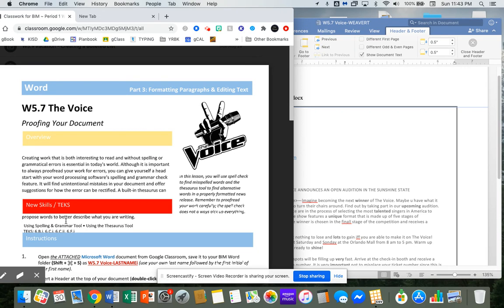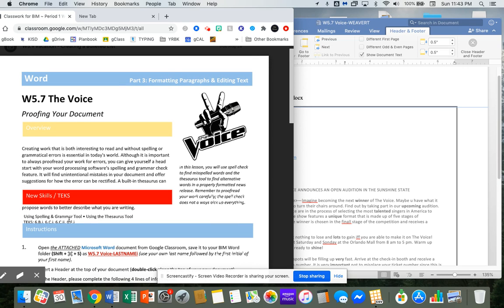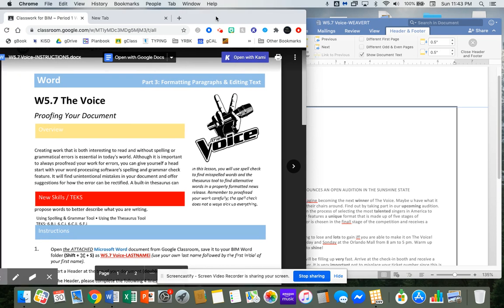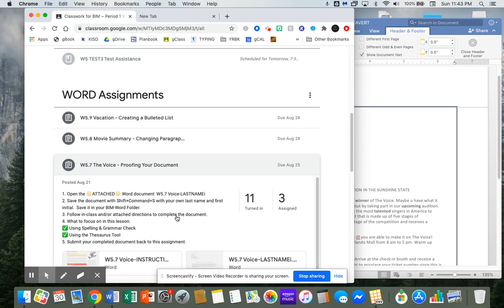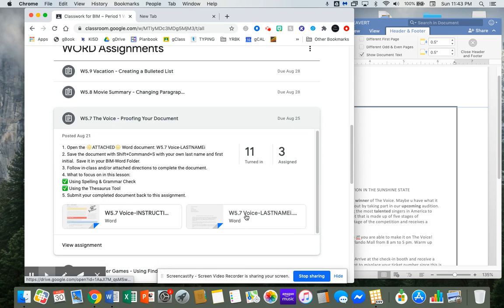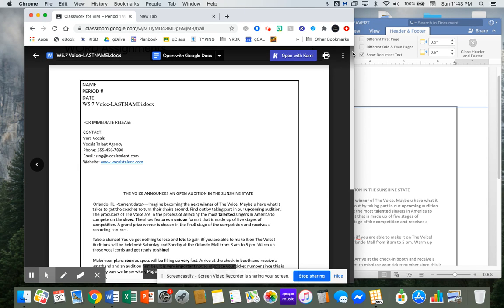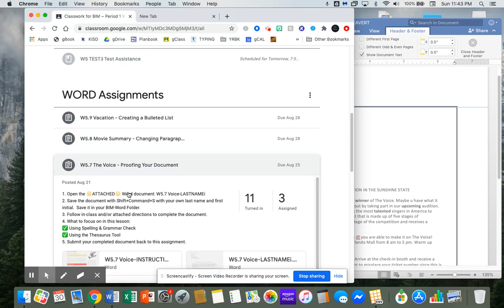Before we begin this exercise, let's make sure that your basic Word document is set up. You will need to open an existing Word document that has been made available to you in Google Classroom. So I'm here looking at the directions, but you see there is also a starter document that you can pull up and go through the process of downloading. Once you have done that, return to these instructions,